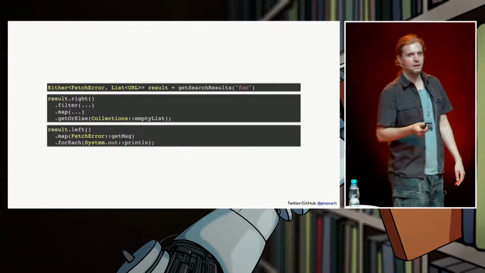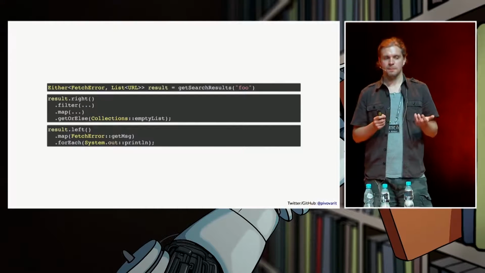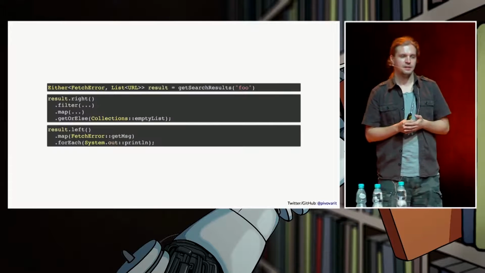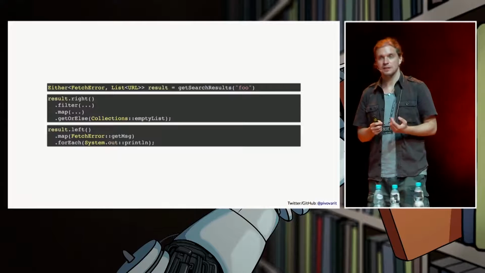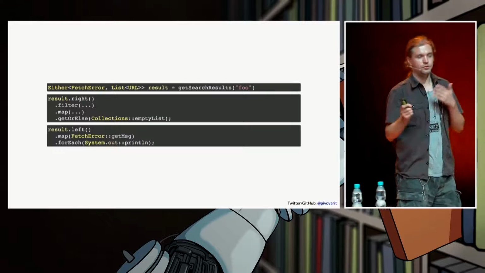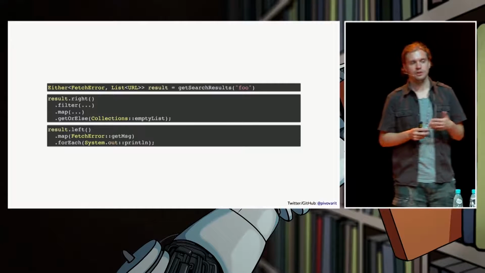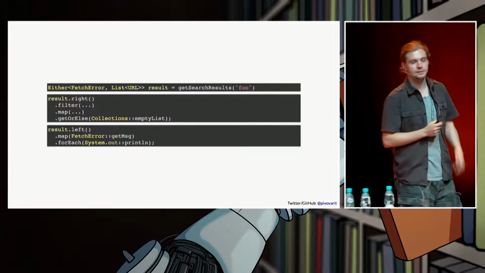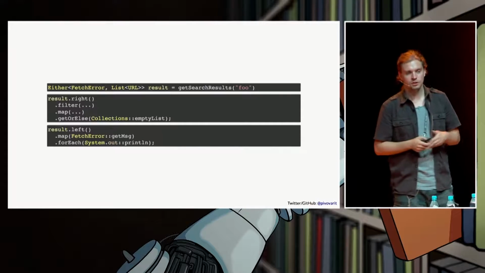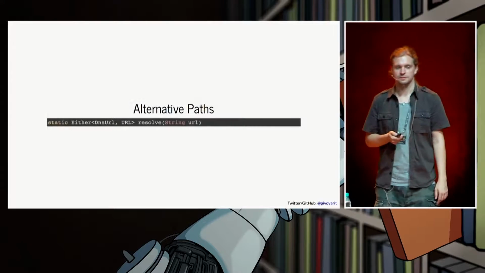Now, as a consumer, you call the method getSearchResults and get an Either. But if you want to work with a result or an exception, you need to make projections. Let's say we first handle the happy path, so we go for the right projection, then we do something with that, whatever we want. Then we move on to the left side, which allows you to handle the exception part. In this case, you probably want to extract a message and log it. This is as easy as it is once you understand the idea of projections.